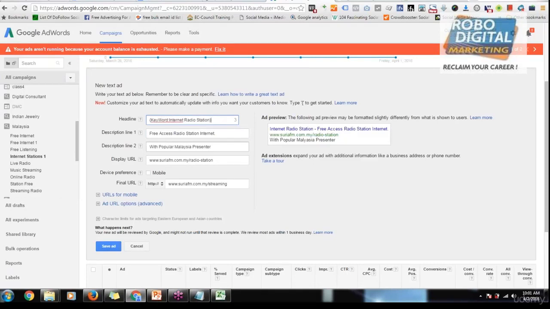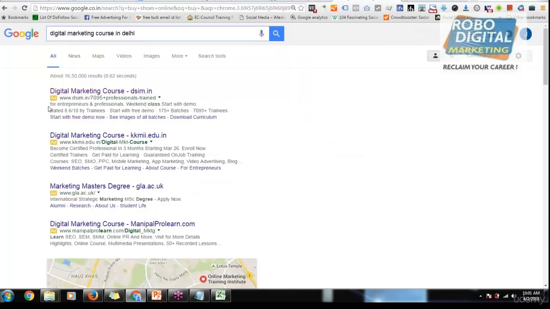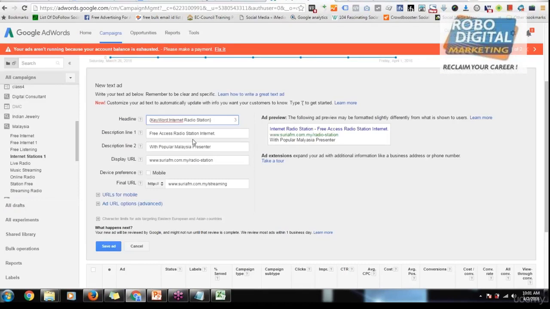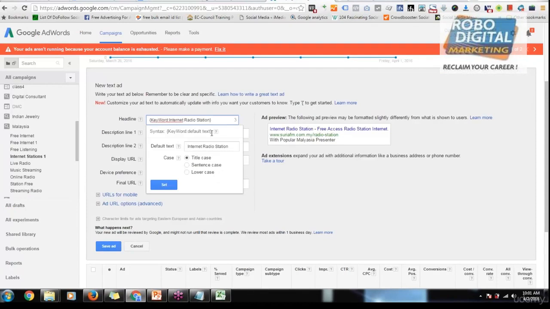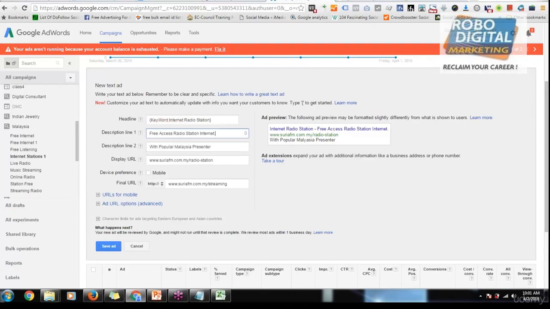Do not use in the same ad. Why? Because if the user query is already longer, it cannot accommodate your first description line, so it will not show your first description line. To avoid such a collision, either you pick the keyword one or you pick the full stop technique, or